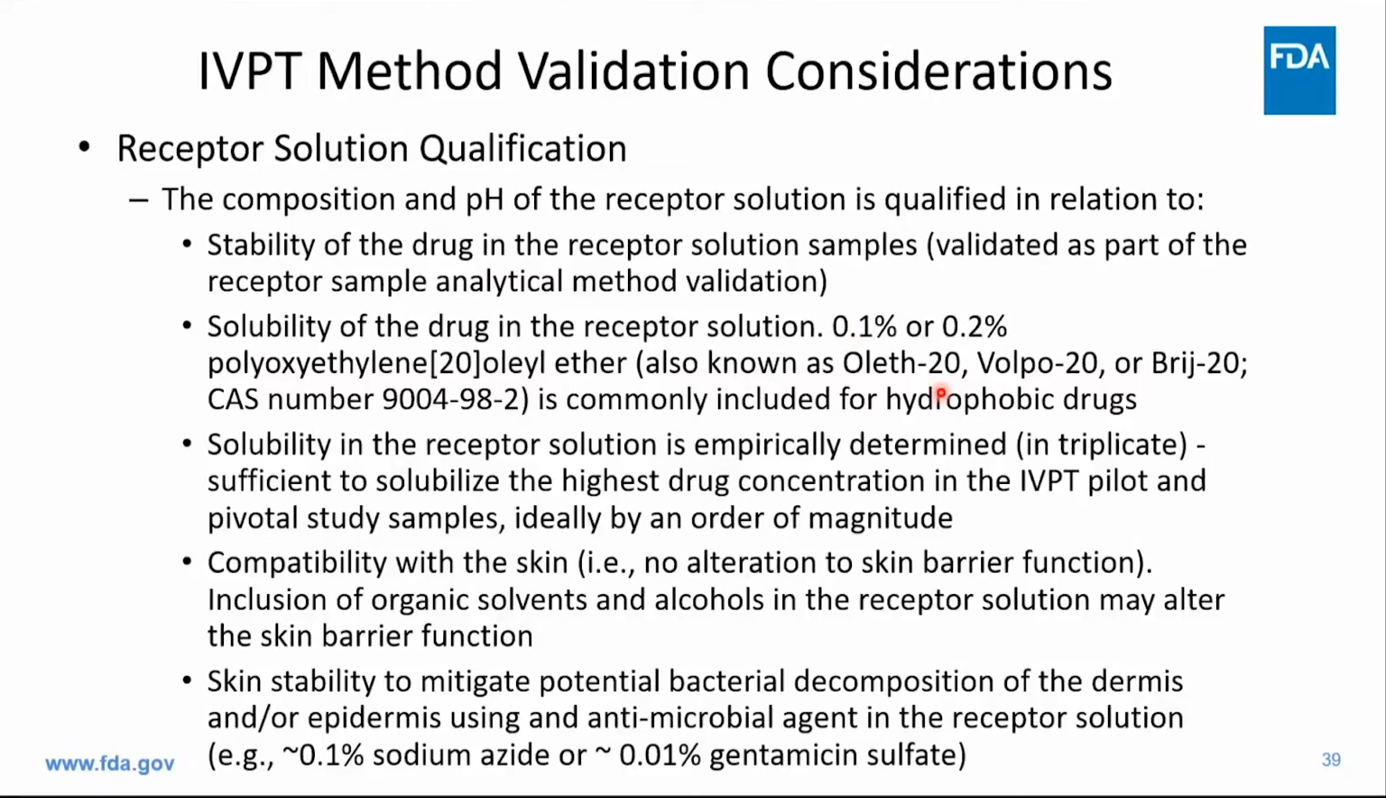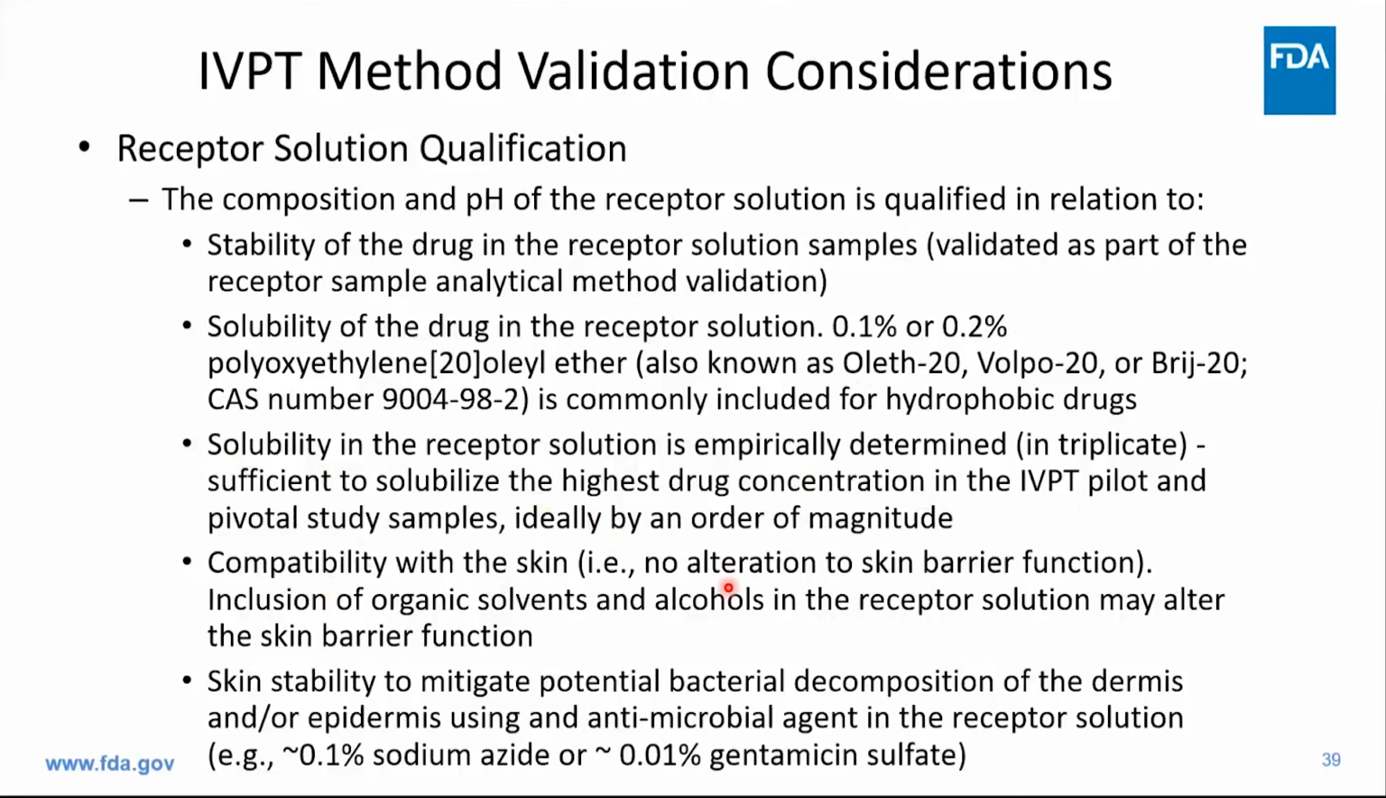And the important thing about this particular compound is that there's some evidence to demonstrate that it does not alter the permeability of the skin barrier. If you start to use other compounds, then evidence would be needed to demonstrate that that compound didn't permeate up through the skin and alter the skin barrier and violate the principles of the test. The solubility in the receptor solution is typically empirically determined in triplicate, and you want to show that you have sufficient solubility to solubilize the highest drug concentration in the IVPT pilot and pivotal study samples, ideally by an order of magnitude. You want to make sure that your receptor solution is compatible with the skin,